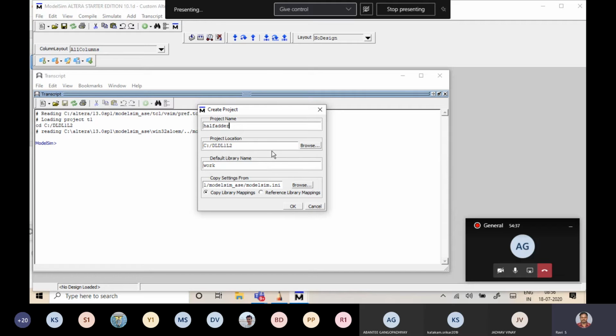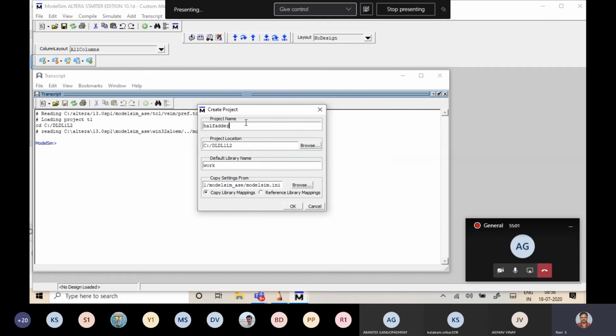Sometimes the location will be in some other place, a D drive, while your software and directory are in C drive. In that case you have to specify the project location exactly. Once you follow this instruction, later you won't find any errors in your simulation process.